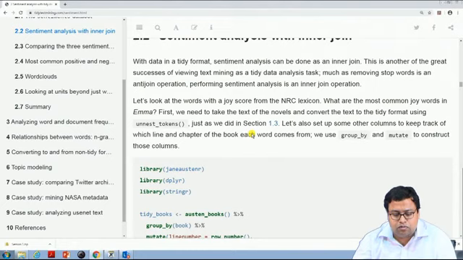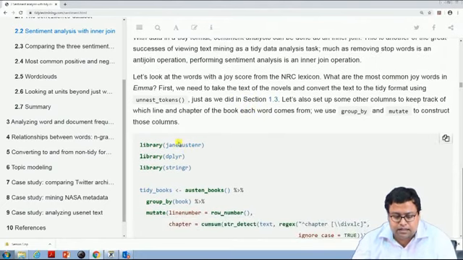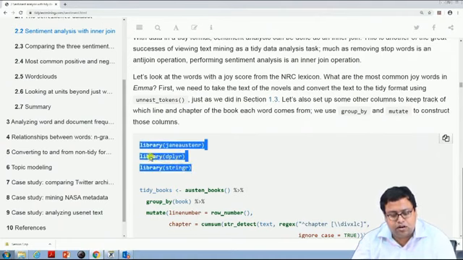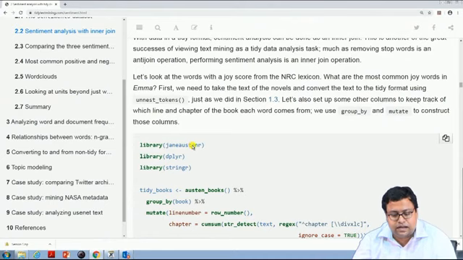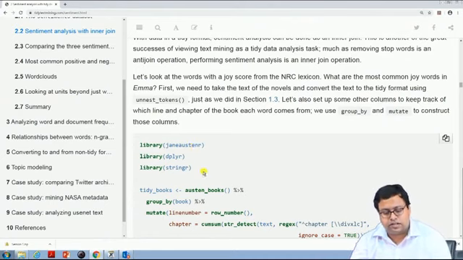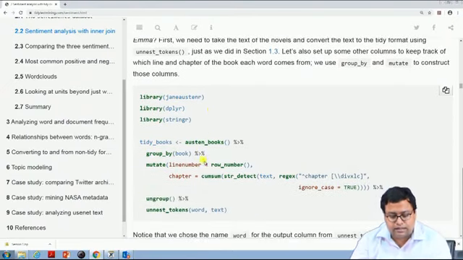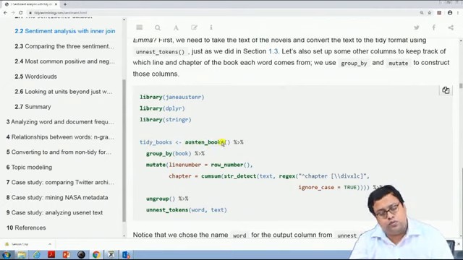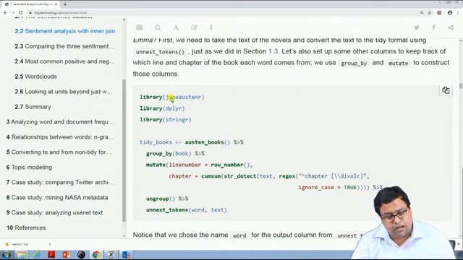Now, how to use this? They are calling certain libraries called janeaustenr and dplyr, stringr. These are common libraries. This one is the library where Jane Austen's books are there. Then it is calling tidy books. Tidy books is a data set that you will be creating using austen_books, so the books of Austen, which will be coming from this library,